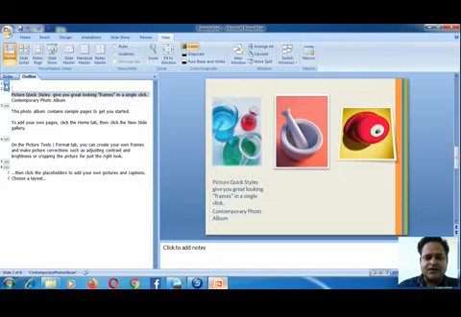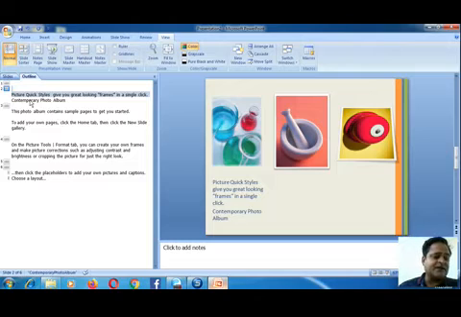Release the left click of the mouse at the location, and now you can see the fourth slide has moved to number 1 slide. So this is one method of arranging slides. This method is called rearranging slides in the outline tab.